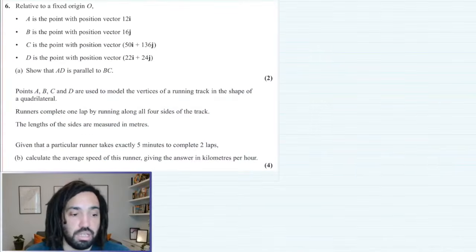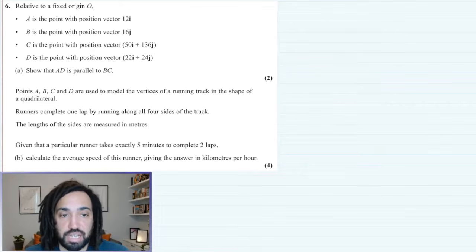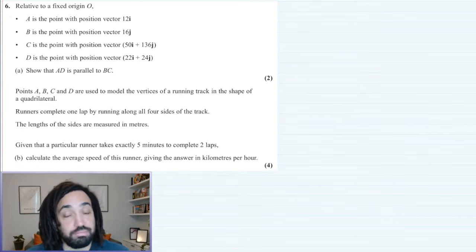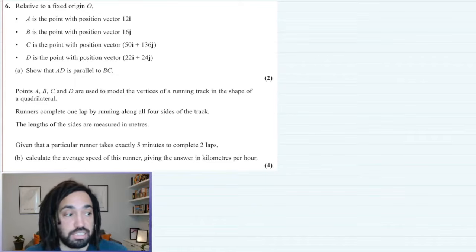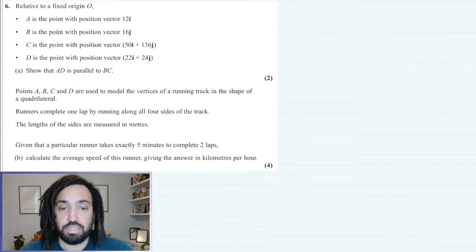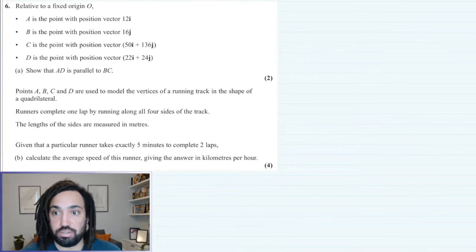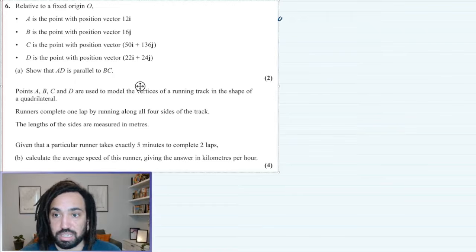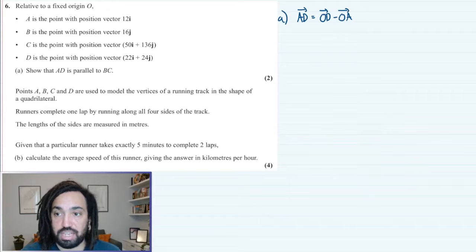Bosh. Question 6, and we've got relative to a fixed origin, we've got the position vectors of A, B, C and D. How generous. And it says show that AD is parallel to BC. Okay, so the first thing we'd have to do is work out what each of them are. So AD is equal to OD, the position vector of D, minus OA, the position vector of A,